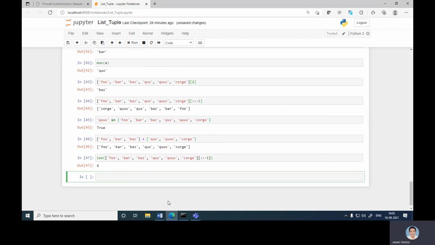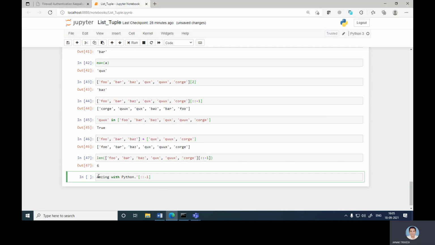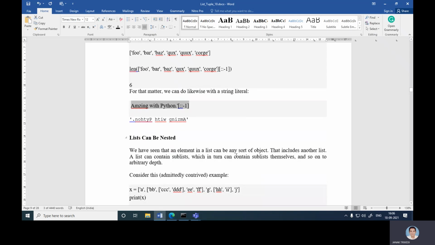Length is not changed. For that matter, we can also do it with a string literal, amazing with Python, and let's try to run this program. Amazing with Python. Okay, so it's just the reverse thing. Okay, so that is from this part.